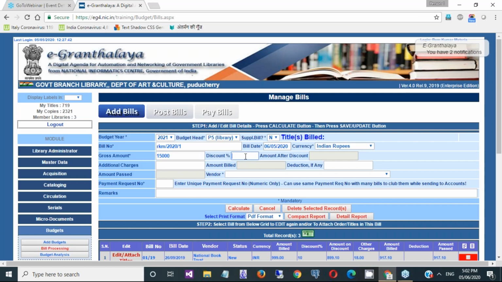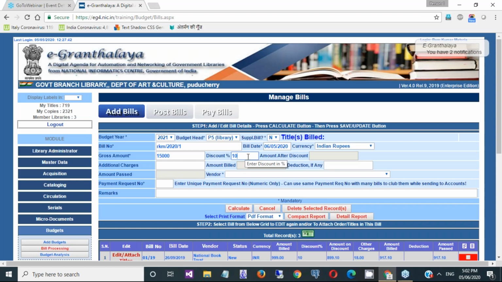So discount: that is the discount on the total. Please remember, there may be an internal discount, where a discount is given to a few of the documents and not to all of them. But here we are taking the discount on the total bill.